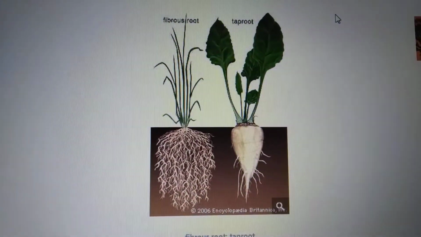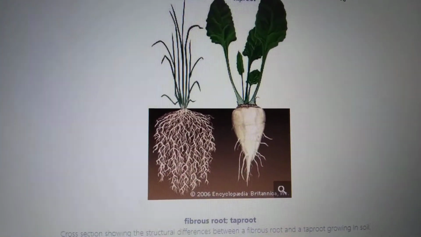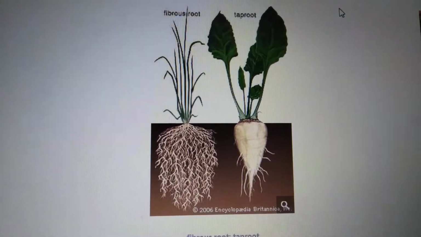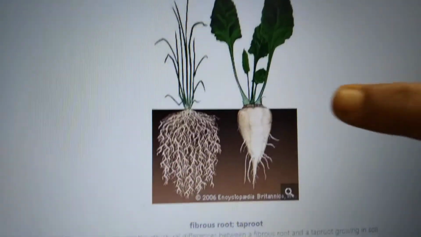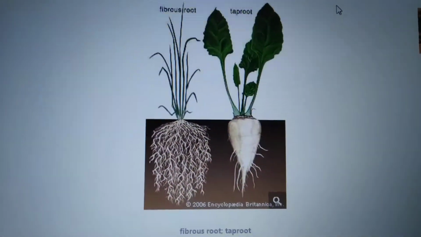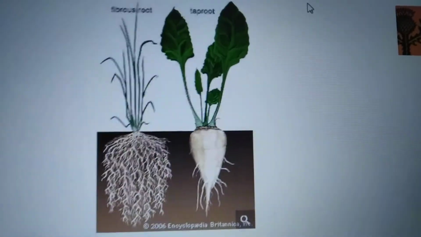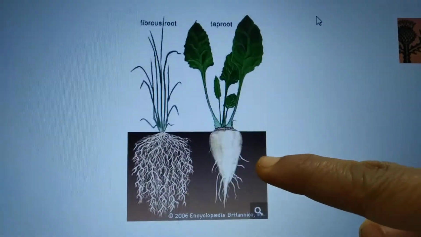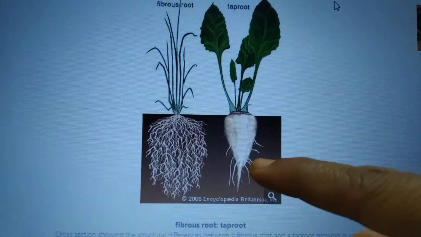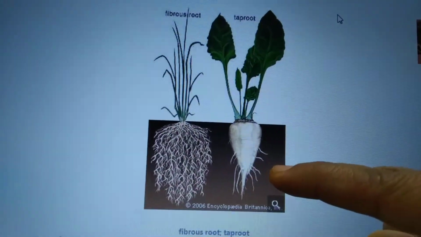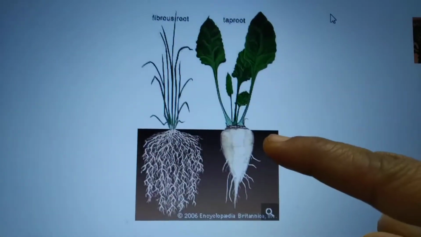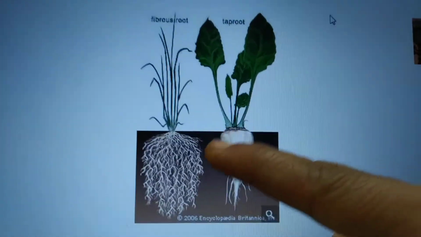Once again, we are going to recap this. See children, observe this picture. Now I am showing the picture of tap root and fibrous roots. So this is the radish, children. This is the single root. That is, this is the main root. So taproot will have the main root, and again, this main root will have small thin roots growing from the main root. Understood, children? So next, coming to the fibrous roots.